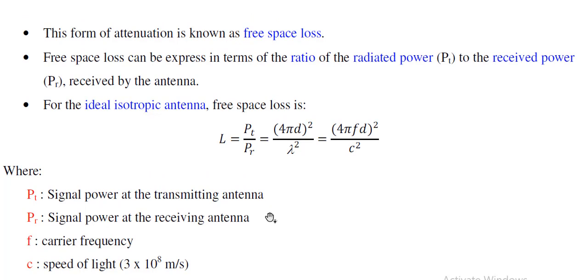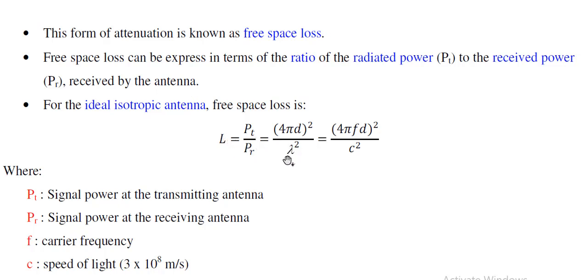Okay. We have a formula to calculate the free space loss. L is equal to the power of the transmitter over the power of the receiver. We have the two antennas. If we have two ideal isotropic antennas, as we saw before, an antenna that radiates power in all directions with the same pattern, so we apply this formula